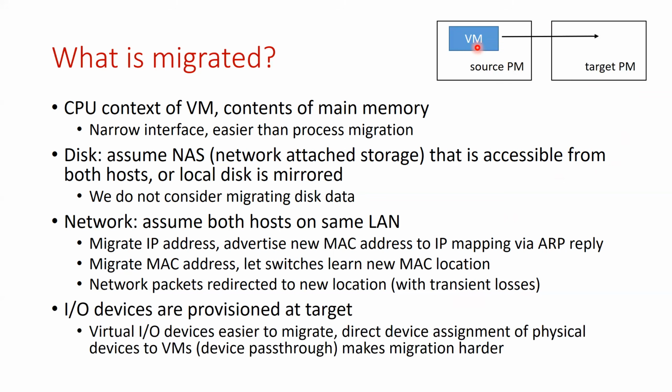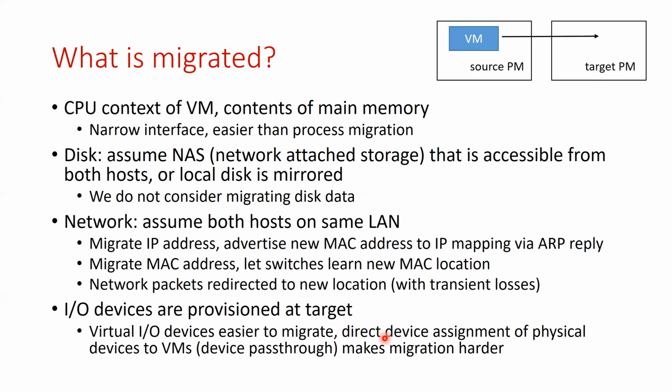So whenever a machine moves from the source to the target, of course, you have to provision IO devices at the target also and map them to the underlying physical devices. This will be taken care of, coordinated between the source and target hypervisors. Anyway, the virtual machine only has virtual devices most of the time, right? So you can provision similar virtual devices at the target and map them to underlying physical devices.